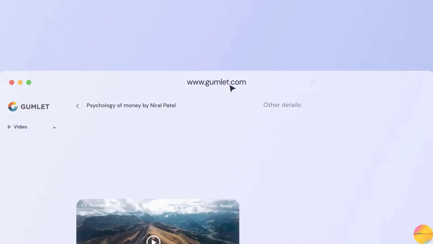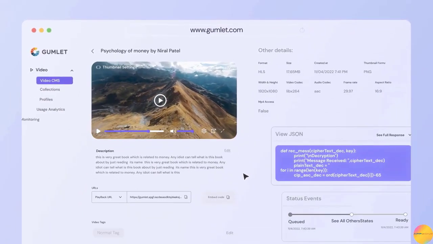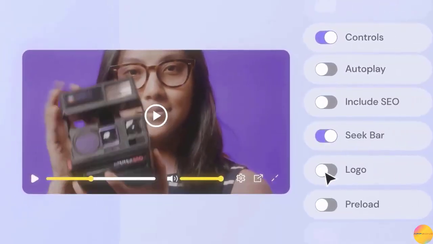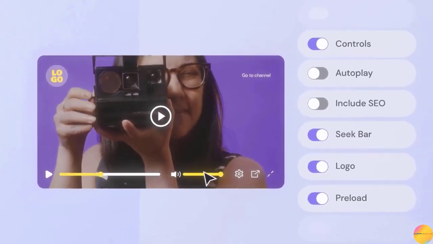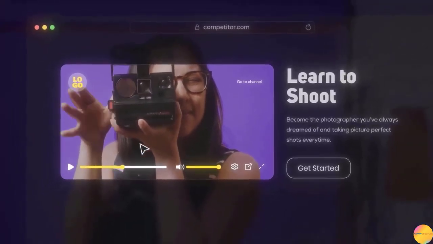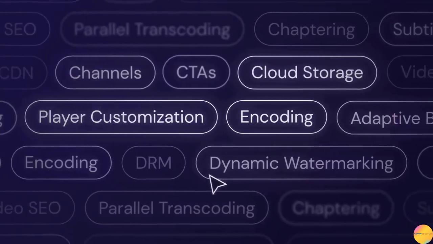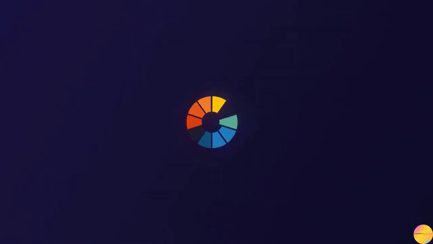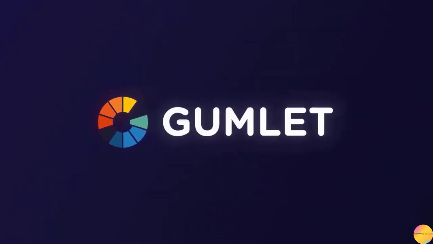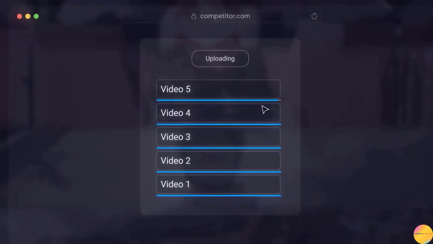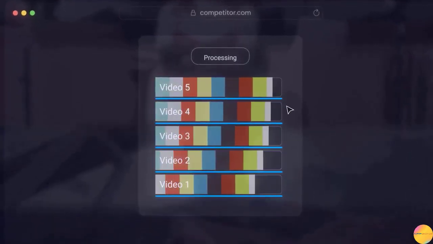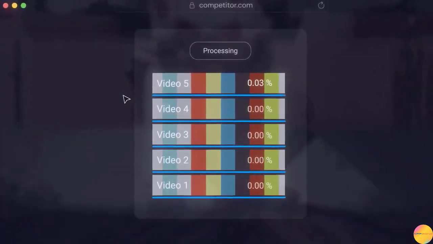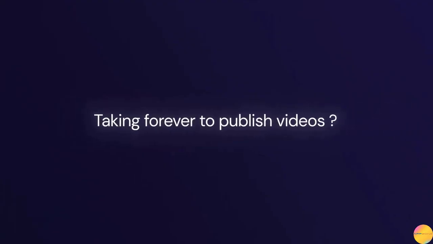Gumlet Video lets you create a branded video player using your company's colors, logo, or watermark. You will get complete control over how your logo looks on the player by adjusting height, width, and position until it's pixel perfect. Plus, you can select which frame to use as the thumbnail, or upload an image or GIF to use in its place. Publish your videos with multiple subtitles and audio tracks to reach audiences across the globe. You can access detailed engagement and playback analytics to understand how viewers interact with your content. Best of all,